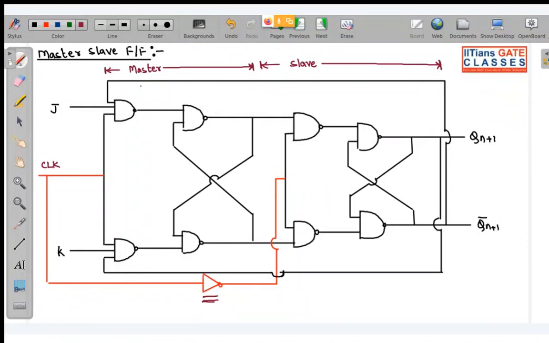So master will be active in the positive level and slave will be active in the negative level. Now if you put J equal to 1, K equal to 1, and we are in the positive level of the clock, what I will be doing